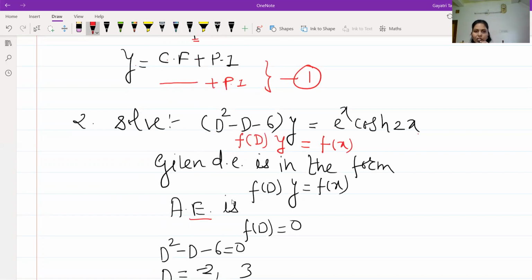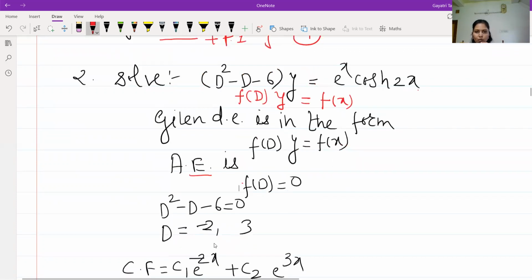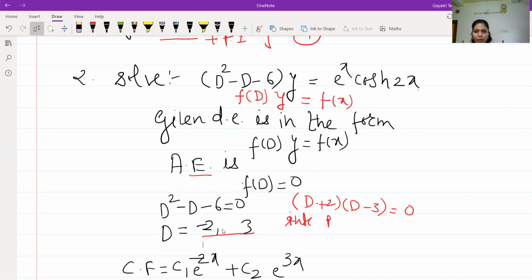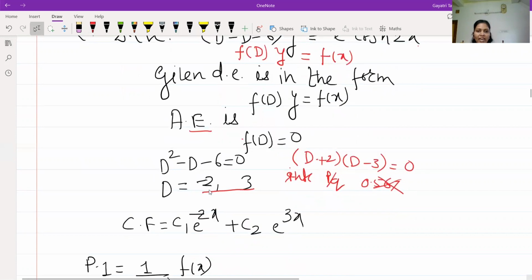So what is your auxiliary equation? F of D is equals to 0. What are the roots? So it will be just like this. I think that D plus 2 and D minus 3. So it will be minus 2 and 3. So tell me, how will the roots? Roots are real and distinct. I again repeat, roots नेहमी integers असायला पाहिजेत or they may be in the form of p by q. 0.5, 6.7 point मधले roots allowed नाहीत. You will get the 0 marks for that. Now see here, the roots are real and distinct.